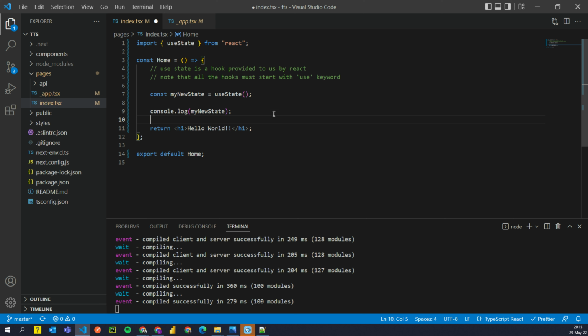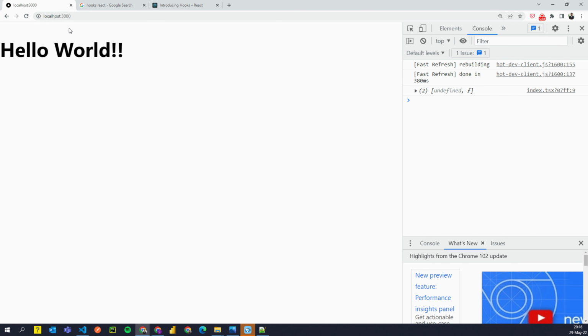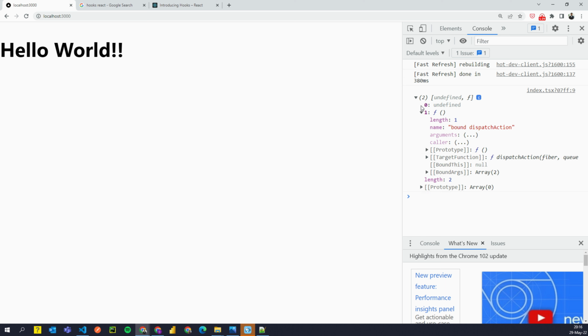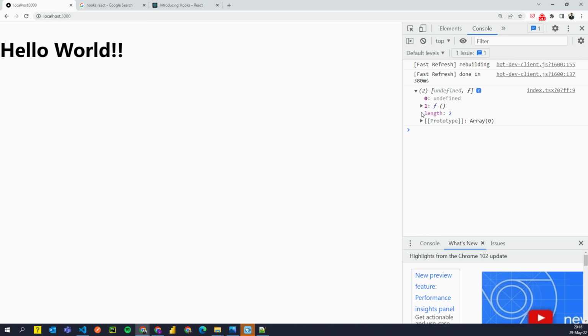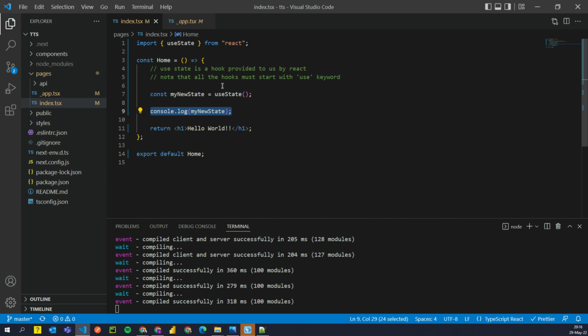With that knowledge, let's go and look at what we just logged into the console. I'm back to my localhost 3000 and I have logged something which seems like an array of two items. If I open this, the first item is not defined, or undefined, and the second item is a function of some sort. That's a bit helpful. There's something else you can do with useState, which is that you can pass an initial argument. So let's say I would say this is my